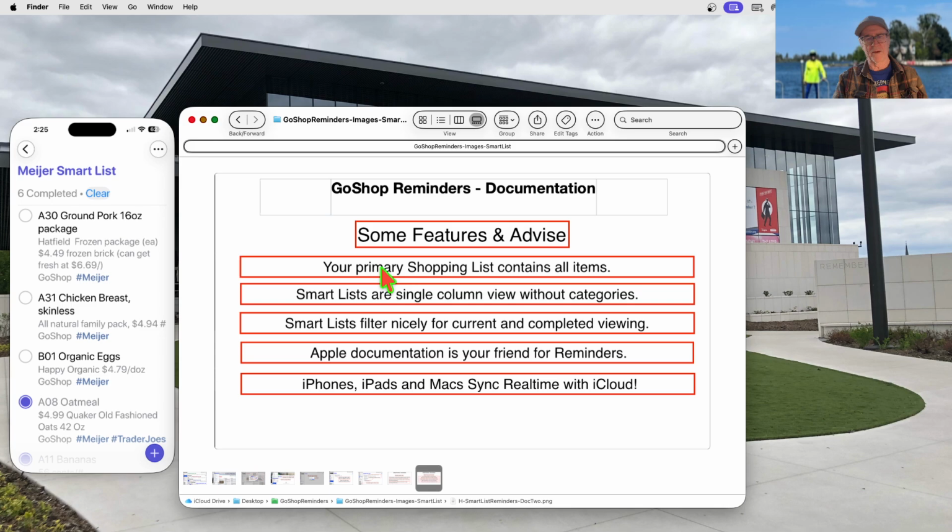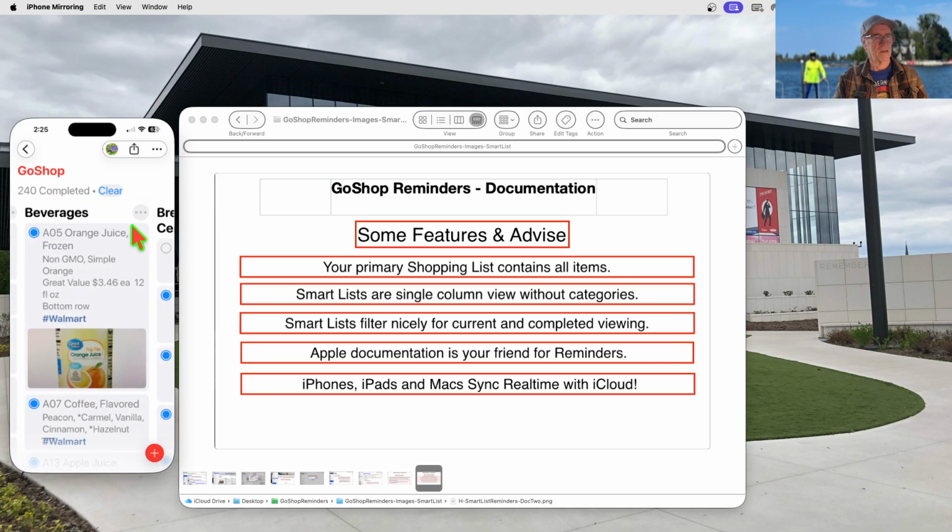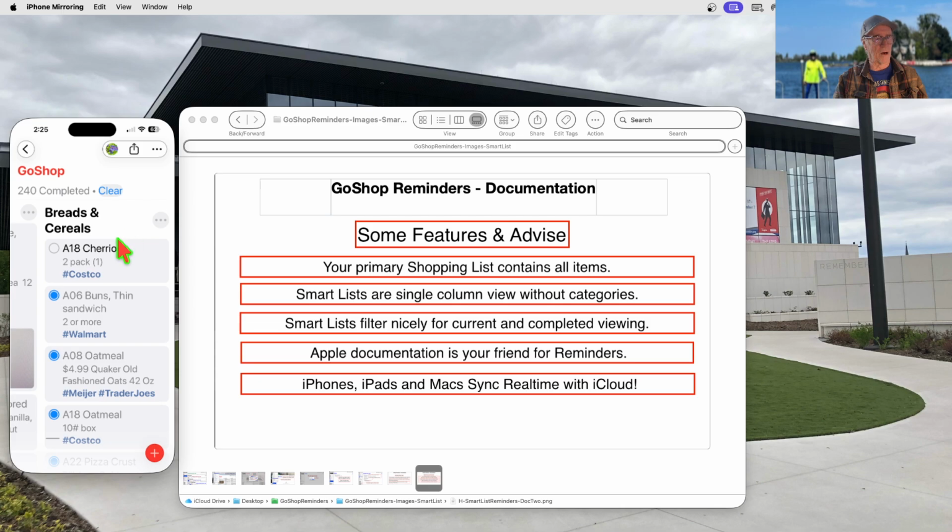Your primary shopping list contains all items. So that's going back over here. And this list here contains all the items. And you can see them in here, but they're also in all the stores. Look, I hit all 4 stores with just one under bread and cereals. Okay. So what that means is